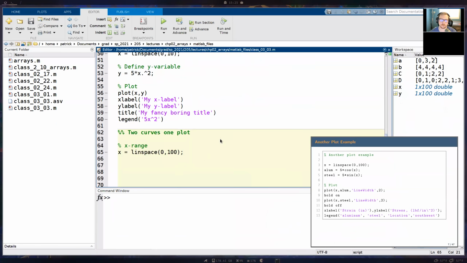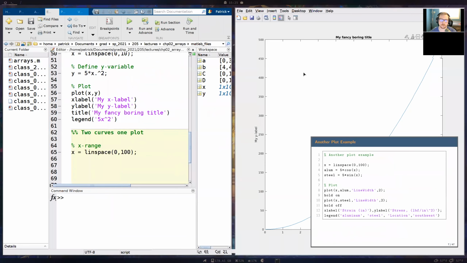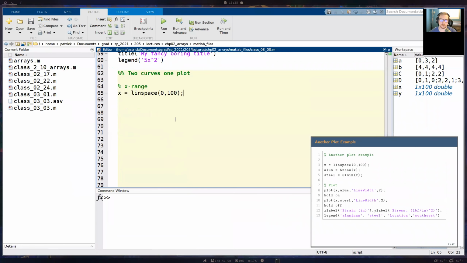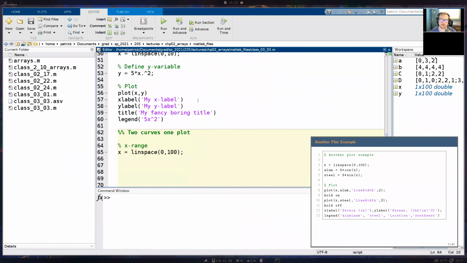Okay, you see I just ran my script, and my first plot keeps showing up. That can be kind of annoying if we're working on other stuff down here. So in the meantime, I'm going to show you a command to prevent this from showing up. I think we went over it once in chapter 1.